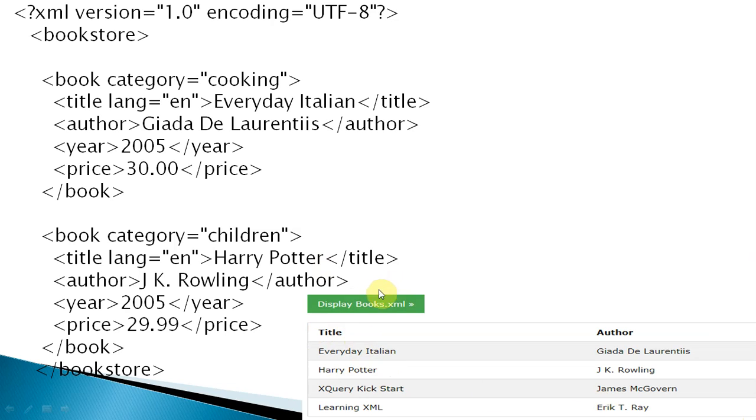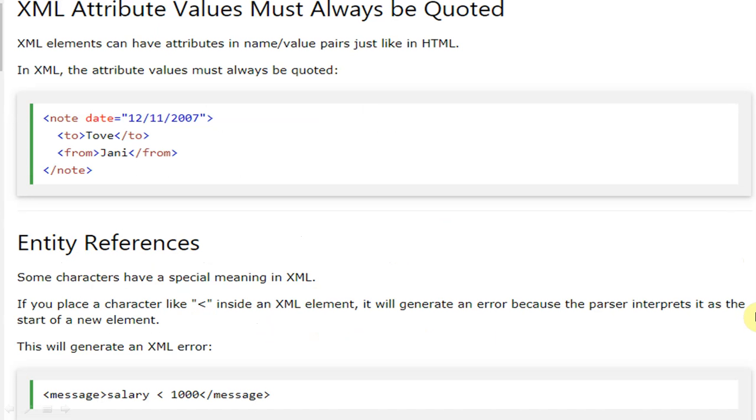In my previous class, as well as in the next class, I will explain the XSL, the extensible style sheet. We add one more line where we link the XSL file, so that the table will be displayed in a particular format. Otherwise the data will be displayed as a hierarchy. Now see this example, the same previous XML example.